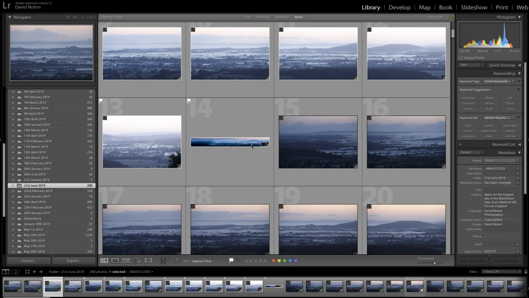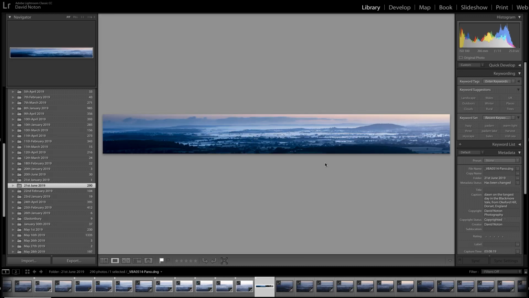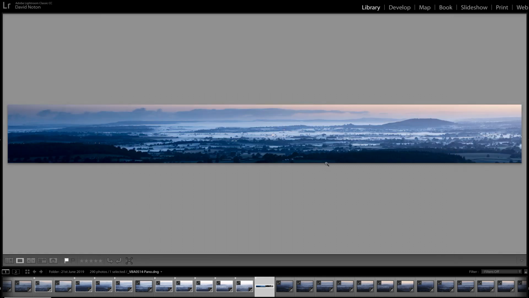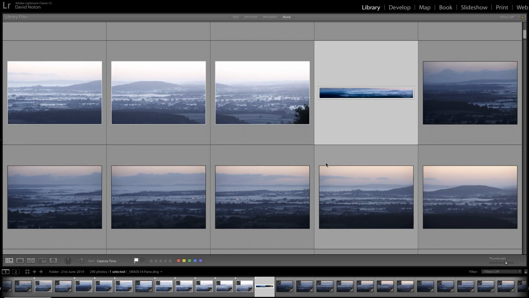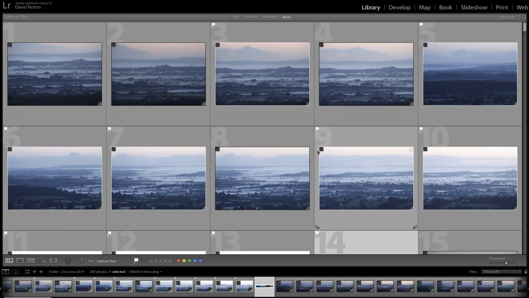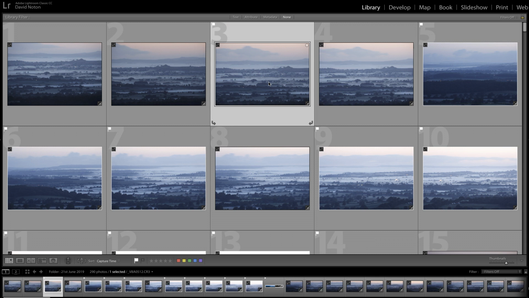Now I've made a panorama here, which I'm really quite pleased with, a stitched panorama. And I'll just show you that full screen. So it was just a wonderful morning, and that's at a really long lens perspective there. But having done a panorama in part 1 of the fundamentals of post-production video tutorials this month, I thought we'd just talk through another shot here that I'm going to work on. This one,